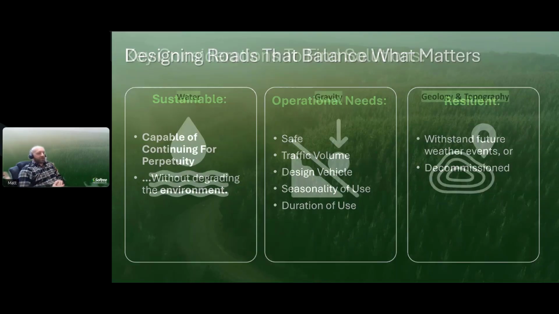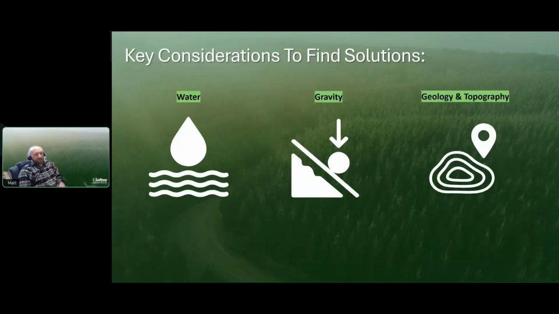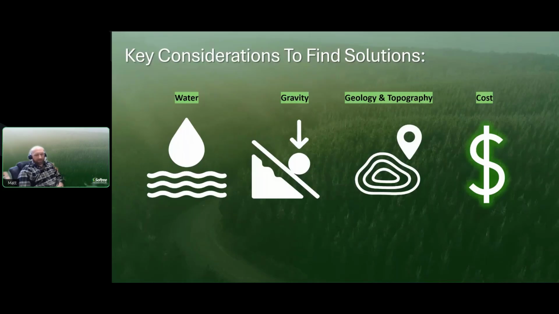So as we're finding those better solutions, we still want to weigh the influence of those factors that are contributing to our road's performance. But realistically, we can't just focus on that. There's cost that is impossible to ignore. So we need to make sure that we're finding solutions that are efficient and cost effective in order to get the results that we need.